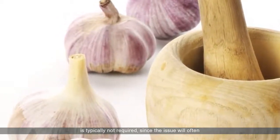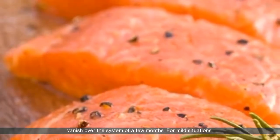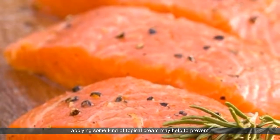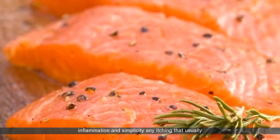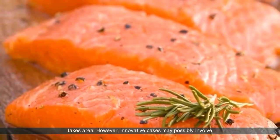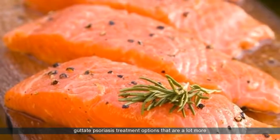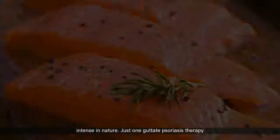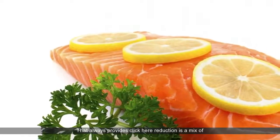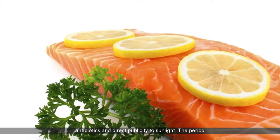Treatment for guttate psoriasis is typically not required, since the condition will often vanish over the course of a few months. For mild cases, applying some kind of topical cream may help to prevent inflammation and ease the itching that takes place. However, advanced cases may require guttate psoriasis treatments that are more intense in nature. One guttate psoriasis therapy that often provides relief is a combination of antibiotics and direct exposure to